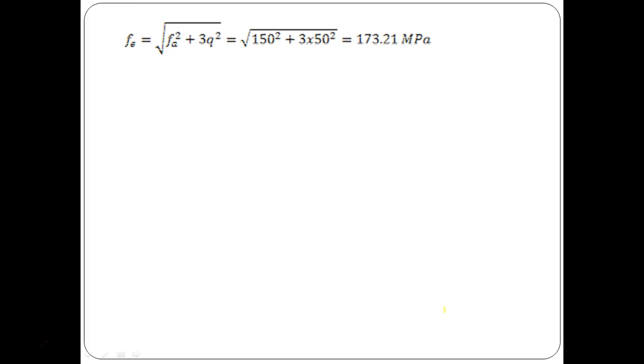So if we insert the value of Fa and q, that is equal to square root of 150 square plus 3 multiplied by 50 square, so that is coming out to be 173.21 MPa. So we have calculated the value of equivalent stress and it is coming out to 173.21 MPa. Now we have to check